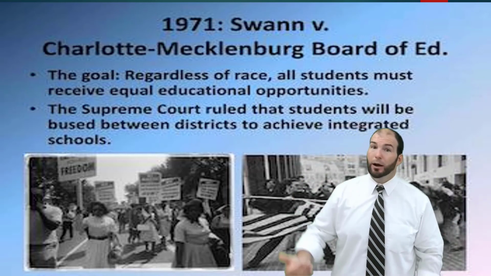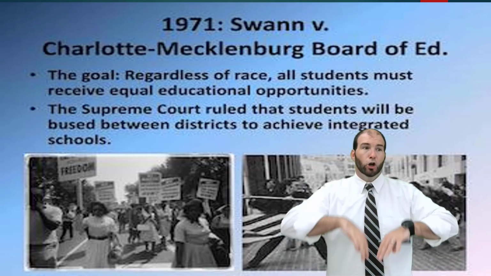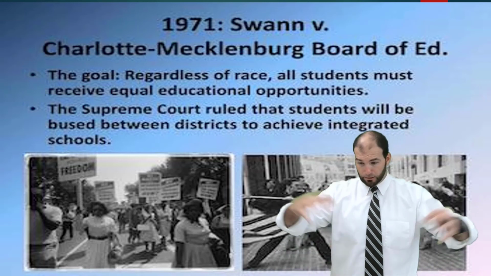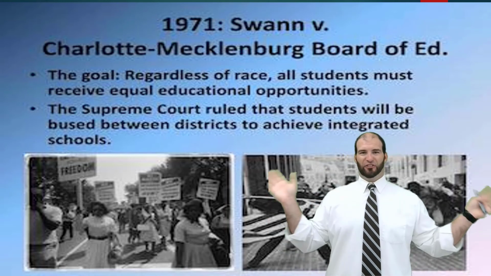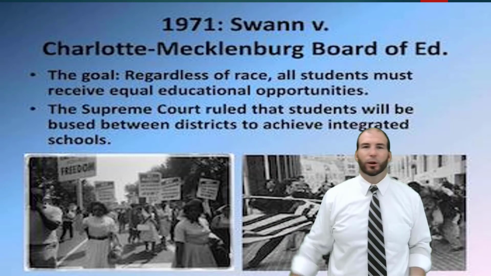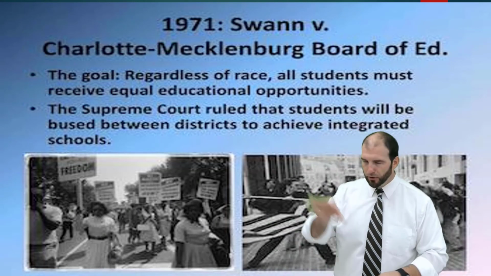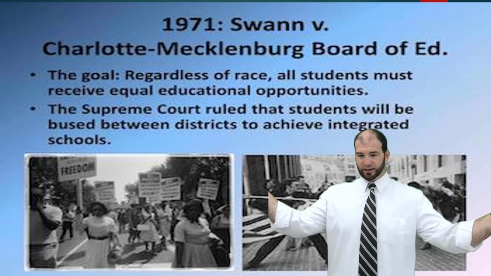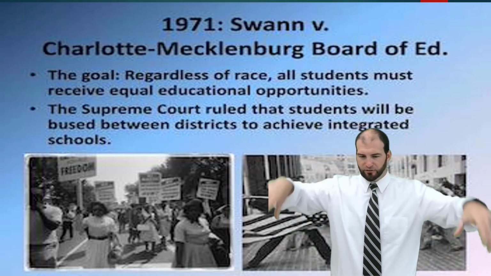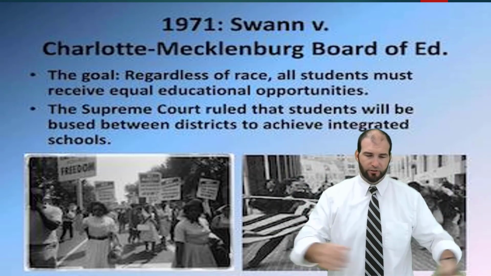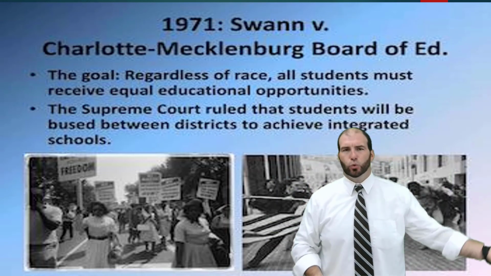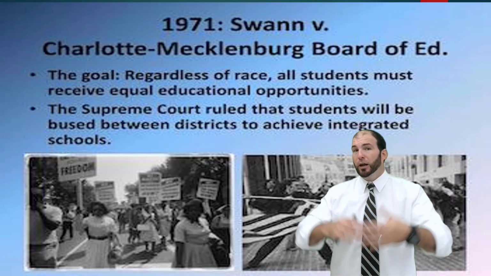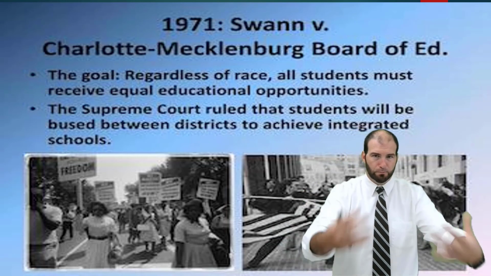Now, you still have poor areas with a poor school and rich areas with a rich school. To prevent that from happening, the way it has worked up to present day, and this is 2021, in the Mecklenburg School District, you basically live in a vector, which is probably a more proper term for it, with like 25 schools in it. I'm way oversimplifying this, but you can choose which school you want to go to within this vector. Charlotte is broken up into different vectors that have all different types of people, and you can choose which school you want to go to. It's really complex. You have your first, second, third choice, and then you have your home school. It gets complicated, but this is how Charlotte moves on from forced busing to integrate their schools